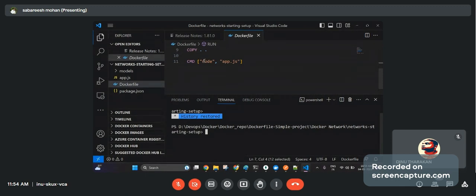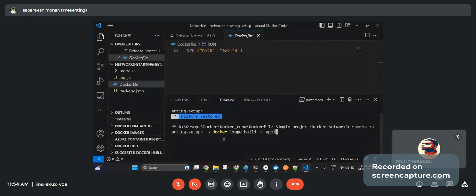Now the application is working on my local. My team lead told us that we need to containerize this. So I hope you know the Dockerfile part and the command also. Docker build, and minus t is for tag.